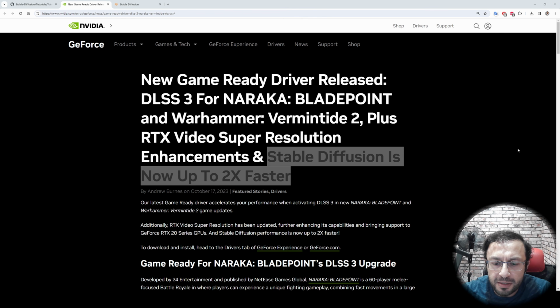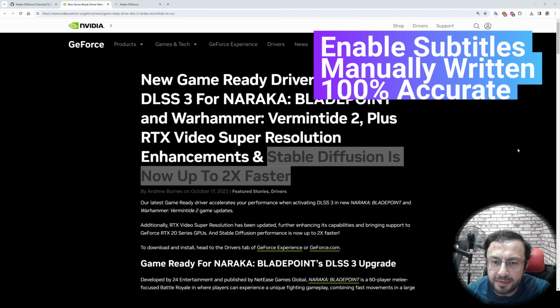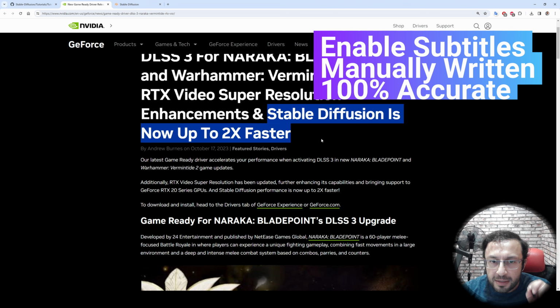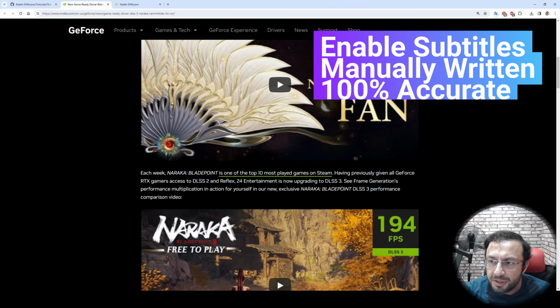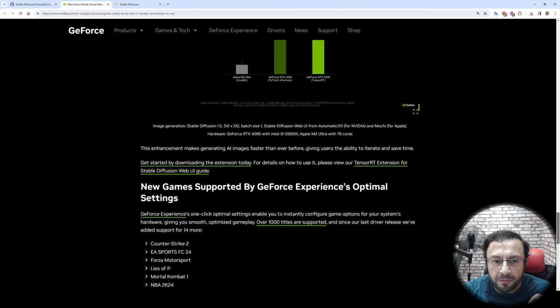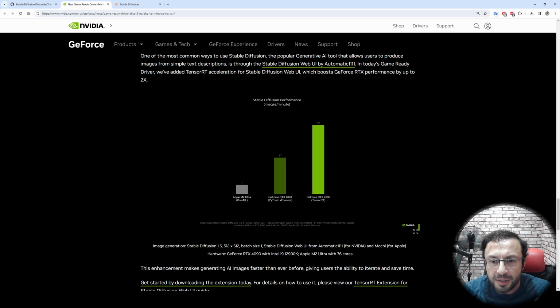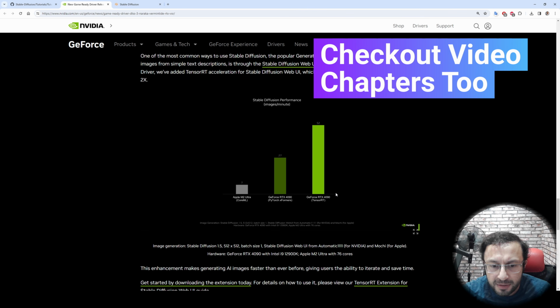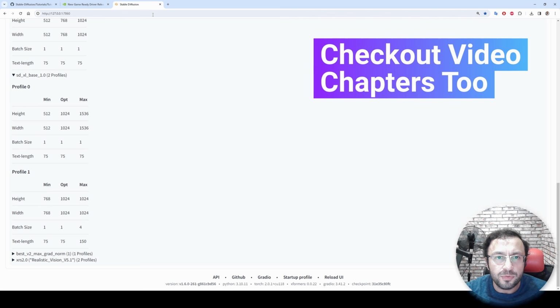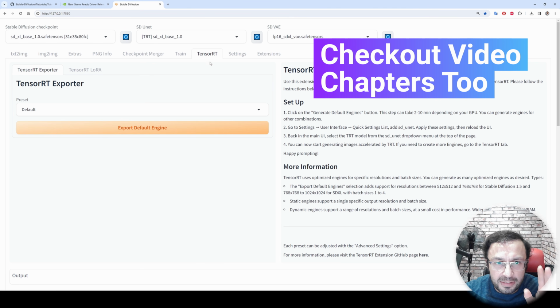Greetings everyone, NVIDIA has released their newest driver along with an amazing extension made for Stable Diffusion Automatic1111 Web UI interface. So what is it? It is RTX Acceleration with TensorRT. When we go to this announcement page, you will see that up to 2 times speed up with GeForce RTX 4090. In this tutorial, I will show you how to install this amazing extension and how to use it step